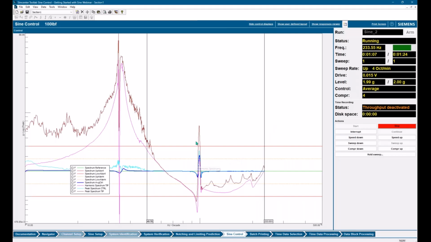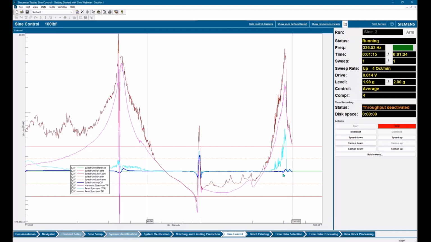We can see how the response at our tip location also affects our control. And you can see a lot of difference here between peak, which is in cyan, and the harmonic estimator, which is in blue.